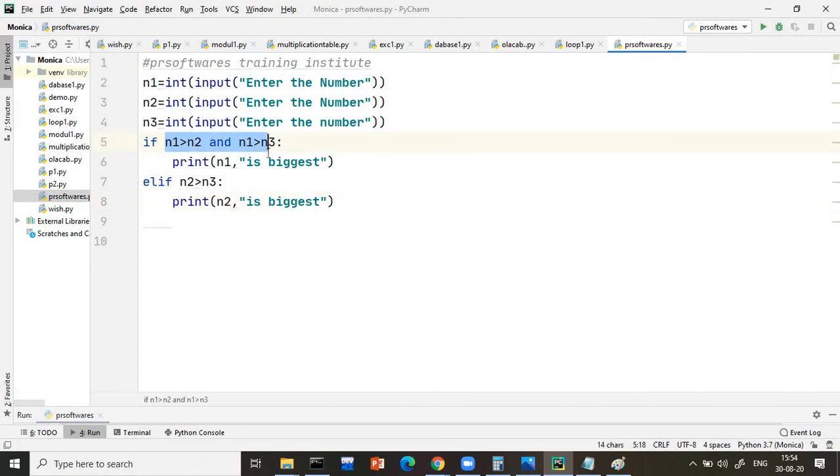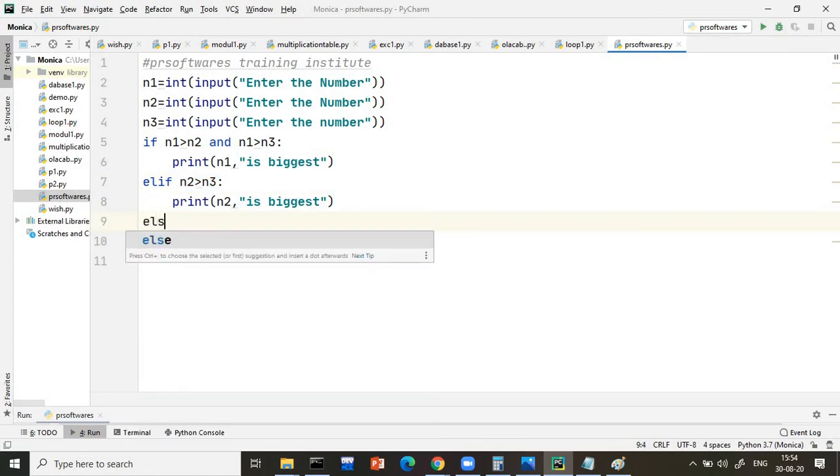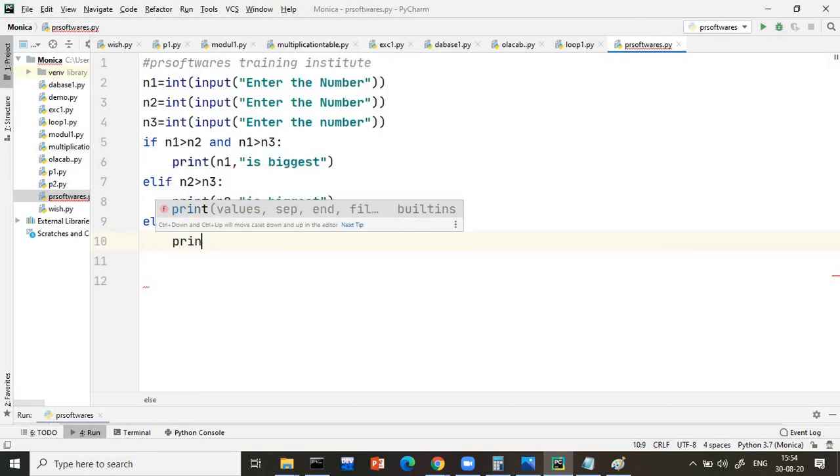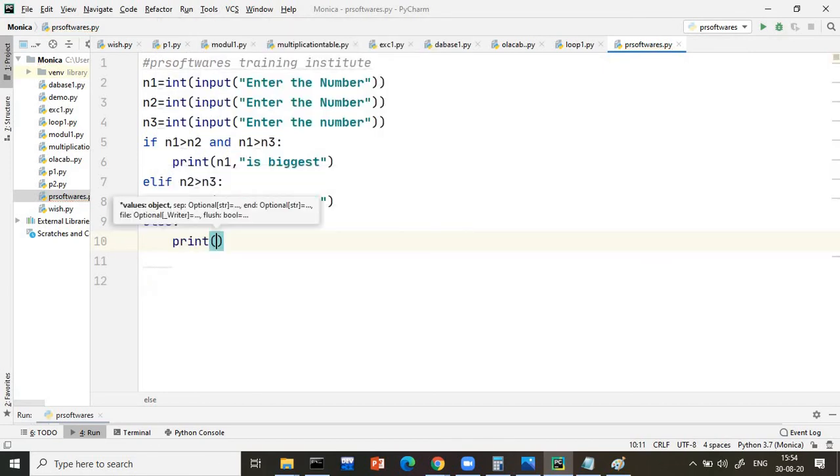They will say, sir, how to recognize whether you have to write n2 or n3? It's very simple. For n1, you are computing all the conditions of n1 only, which will be on the first line. On the second line, the n2 condition will be there, and on the third line, the n3 condition will be there. It depends on how many conditions you have, and last will be else. Now n1 and n2 are already decided, so no need to write one more condition here. Here you can write n3 is biggest.